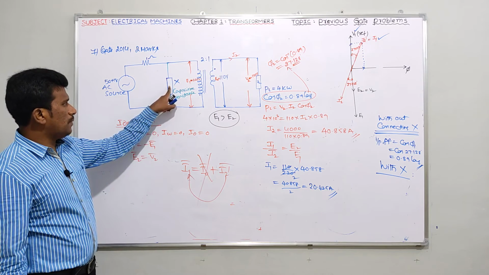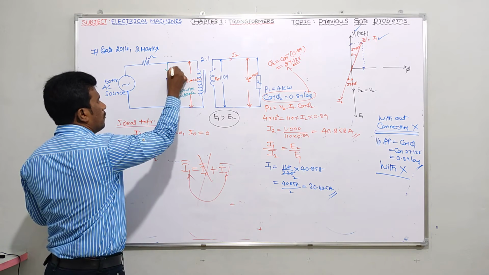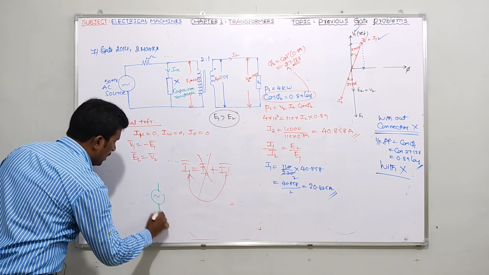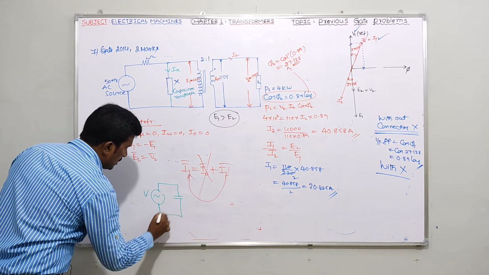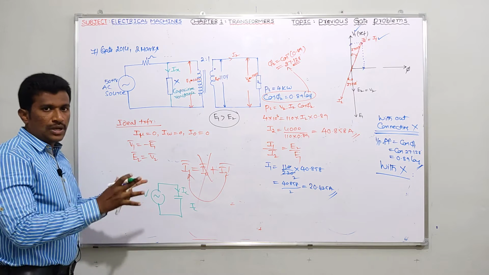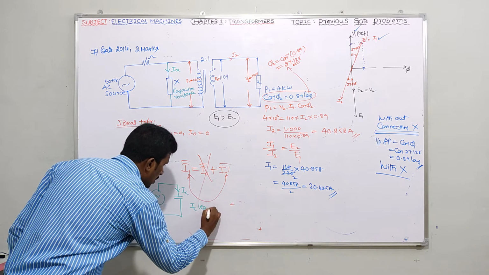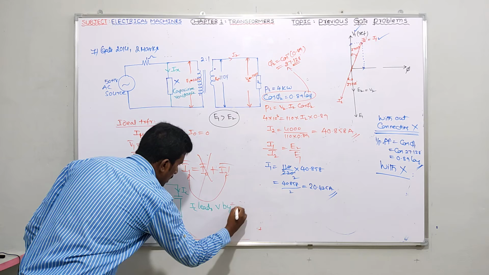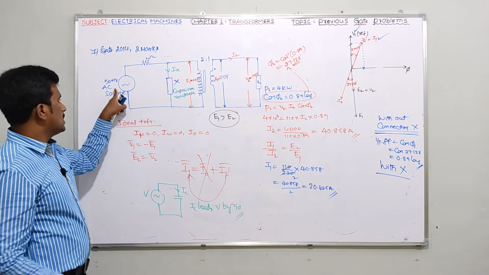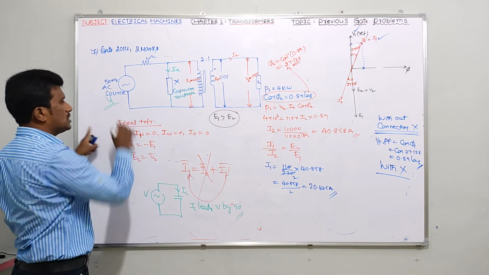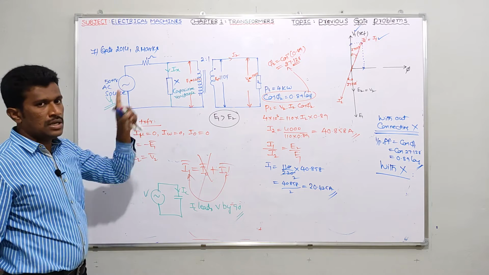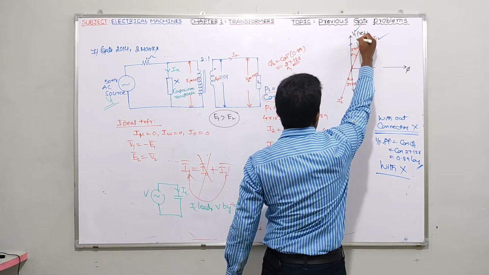Let me take Ix as the current flowing through the pure capacitor. Now if a voltage is there and a pure capacitor is there, tell me, does the current flowing through the pure capacitor lead or lag the voltage? I'm asking for a pure capacitor: IC leads voltage by how much angle? 90 degrees. So with that knowledge, please tell me, Ix leads the supply voltage. I already assumed V1 as the voltage source, so you can see I have taken V1 as reference. So Ix leads V1 by how much angle? 90 degrees.